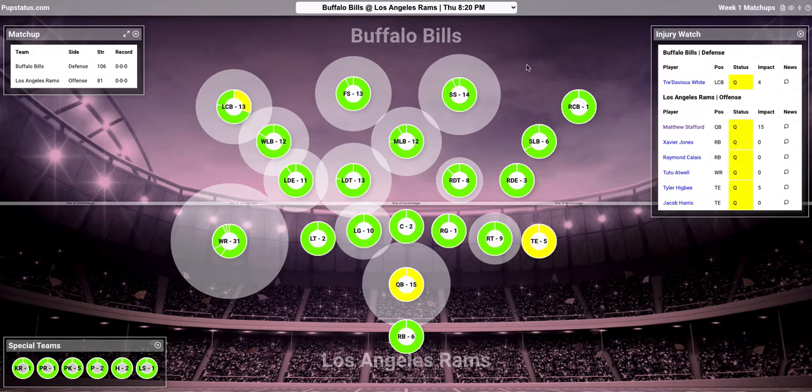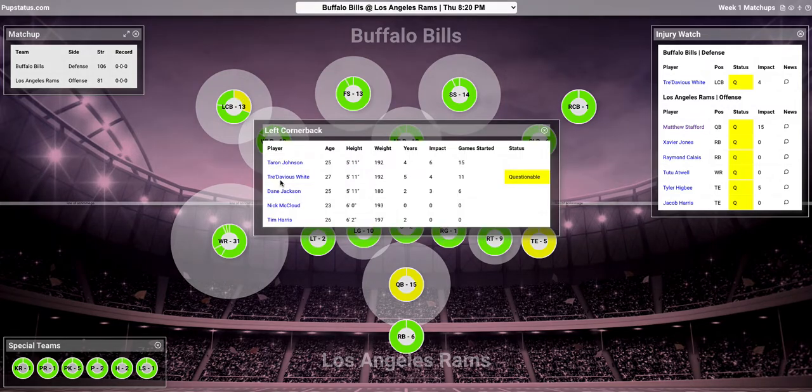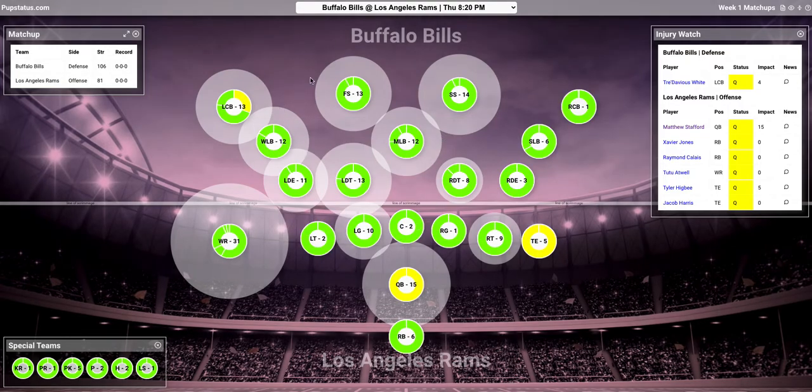I started this because years ago, and still currently, but hopefully less so now that I'm actually studying this on a regular basis, I had no idea what it meant if I heard Tre'Davious White was questionable. I don't know what kind of impact that has on the team. Defense is tough to assume, and the offensive line is tough to assume what actual impact their status would have on their team should they be missing or unable to play. PUP, by the way, stands for physically unable to participate, which is a particular status or designation a player might get.